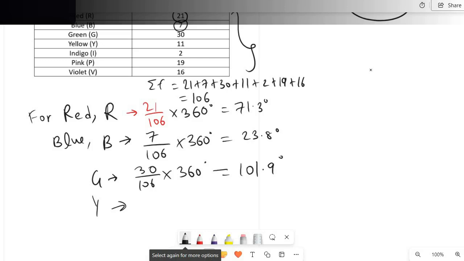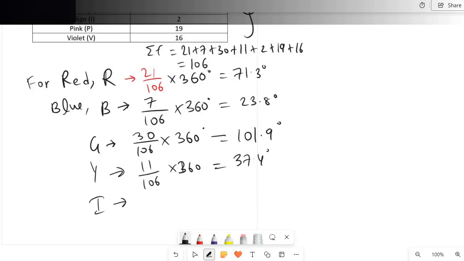For yellow, there were 11 students and the total number of students was 106. So we divide that and then multiply it with 360 degrees to get a value of 37.4 degrees. For indigo, this is going to be 2 divided by 106 multiplied with 360 degrees, and this gives us a value of